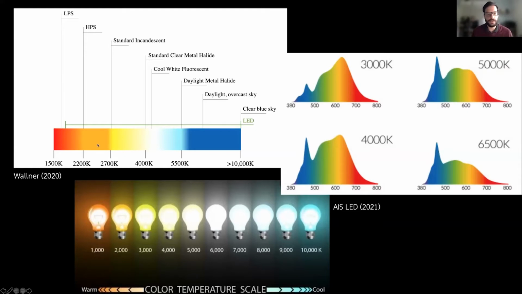The higher the Kelvin value, or the higher the color temperature, the more bluish the light is. At first it is orange, then yellowish, and then it becomes white or even blue. A clear blue sky is at a very extreme value of 10,000 Kelvin. You can also see this with light bulbs, for example. Here you can see 4 different spectra of LED. Why is the color changing? Because the amount of light in shorter wavelengths increases with the increasing color temperature. This is the reason why you get this bluish color for the light.